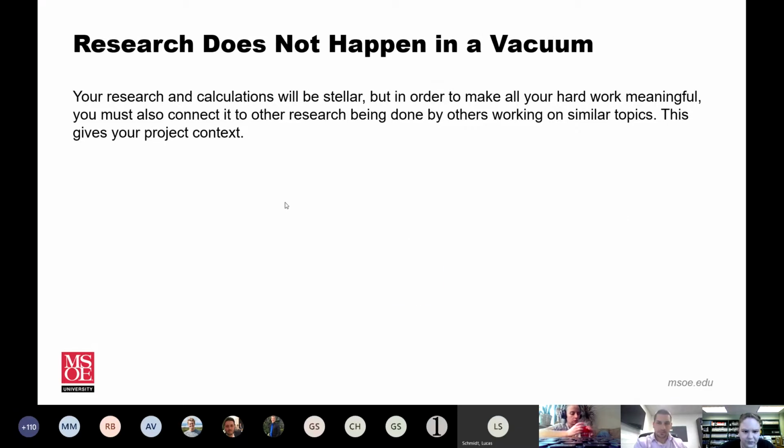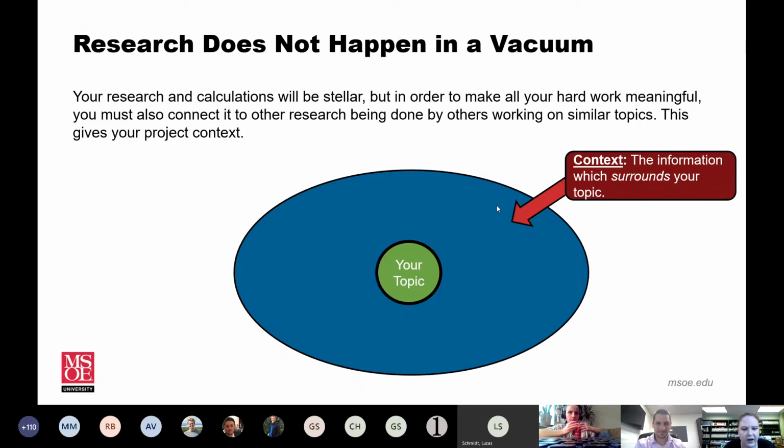And so here's your topic. It'll be the center of your world for the next 3 quarters. And then here's context, which sort of surrounds your topic. It's all the information around it. So other research that's been done,